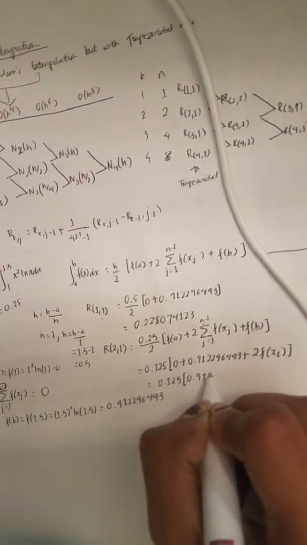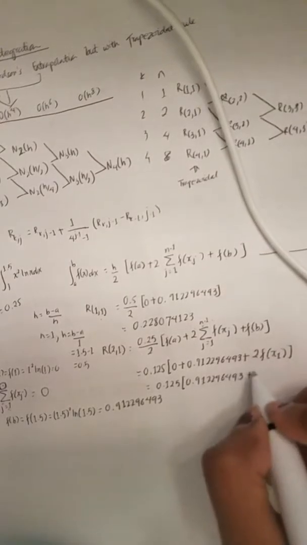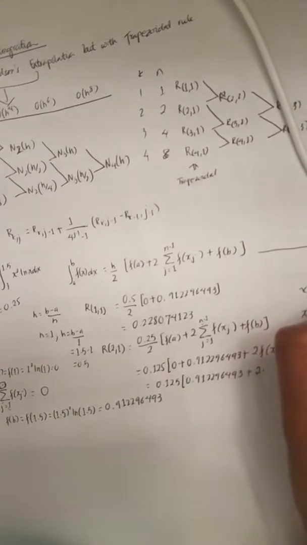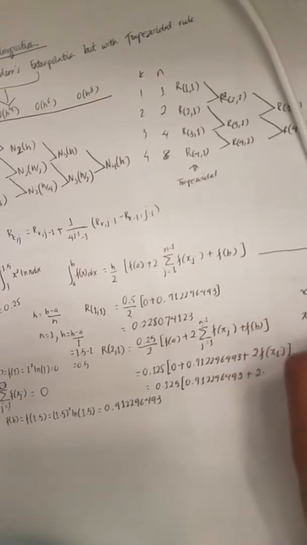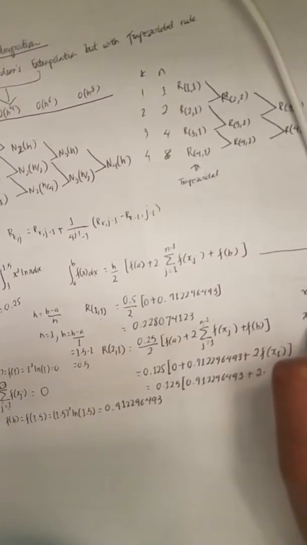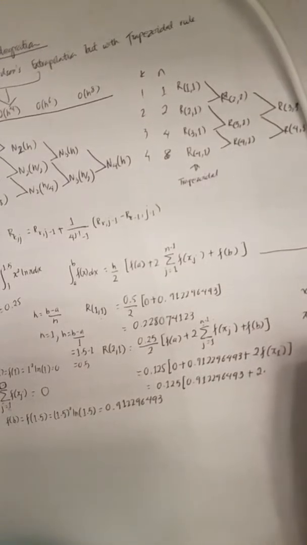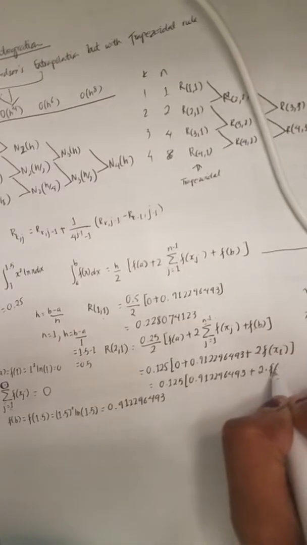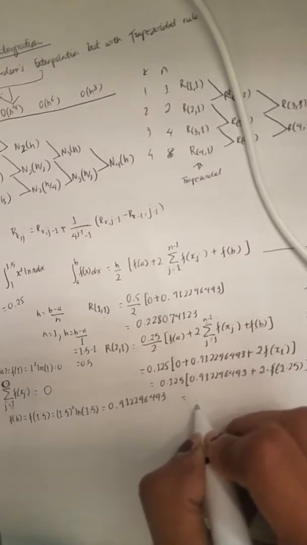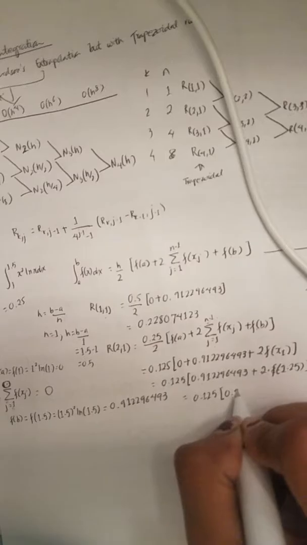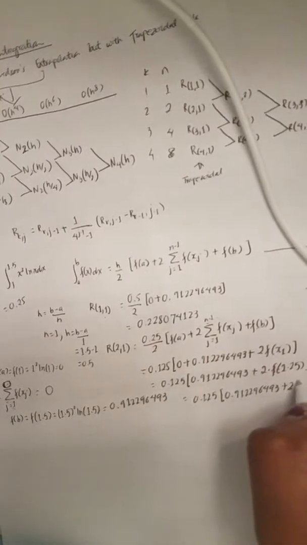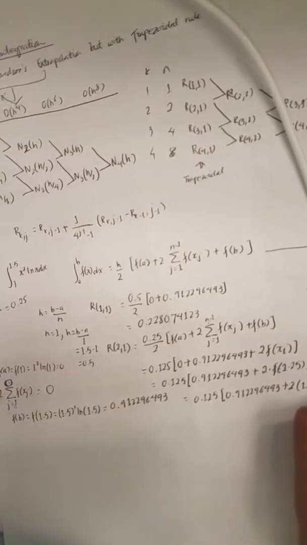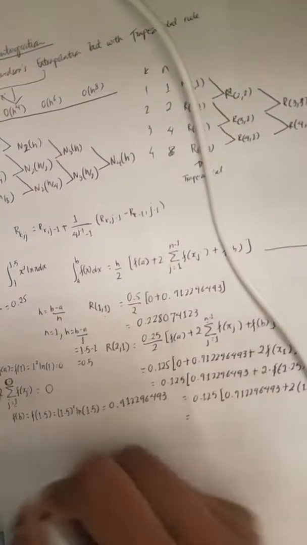So 0.125 times 0.912296493 plus 2 times f of x1. Again, if you remember, x_j was a plus j times h. So x1 is a, which is 1, plus j, which is 1, times h, which this time is 0.25, so that is 1.25. So 2 times f of 1.25, where f of x is x squared ln x. So this big thing comes out to be